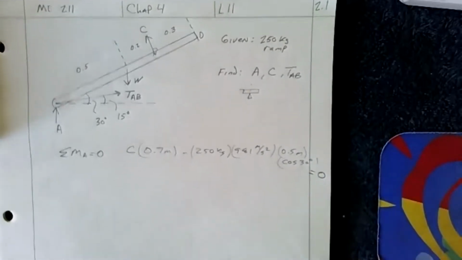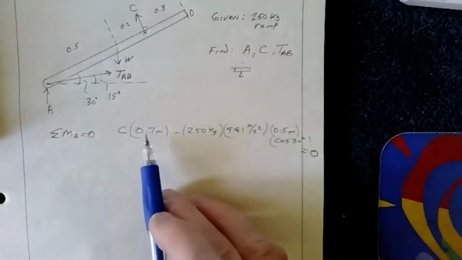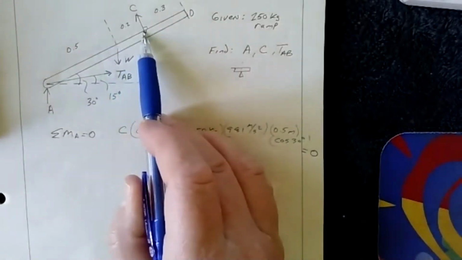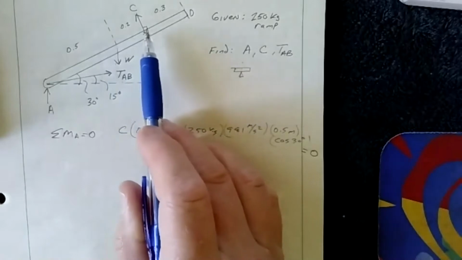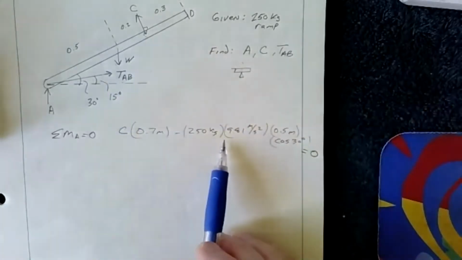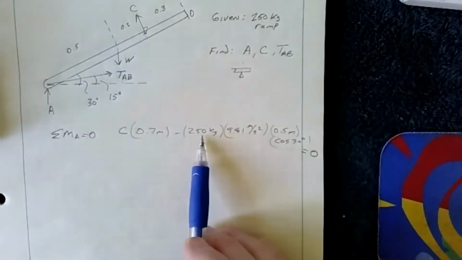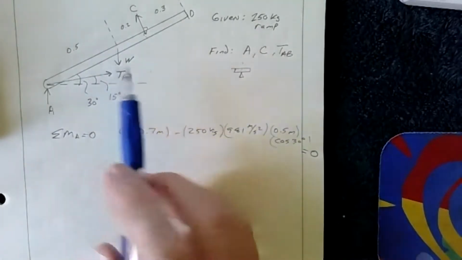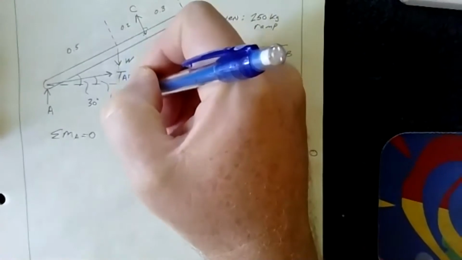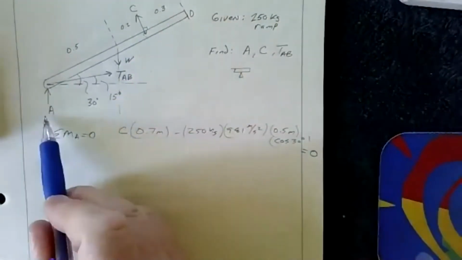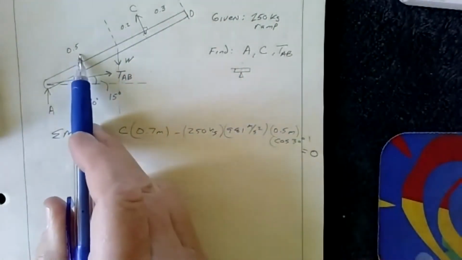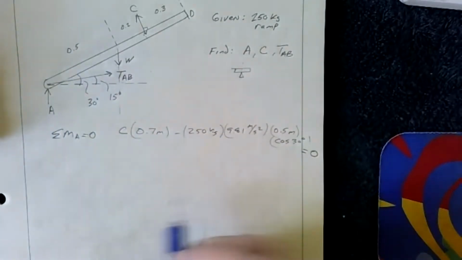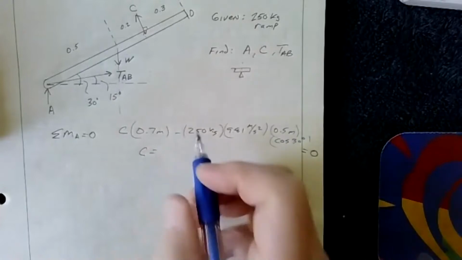So we have C times 0.7 meters, this distance, creating a counterclockwise moment, minus the weight, 9.81 times 250 kilograms, and the distance, if we project that down, is from here to here, which is simply 0.5 cosine 30, and all that equals 0. So C gives me a value of